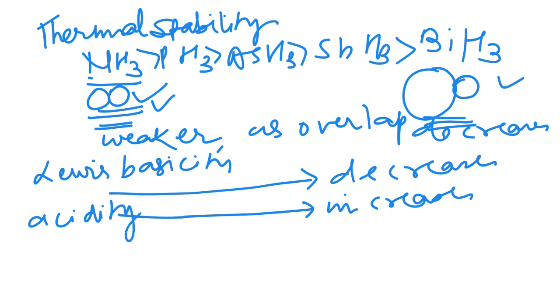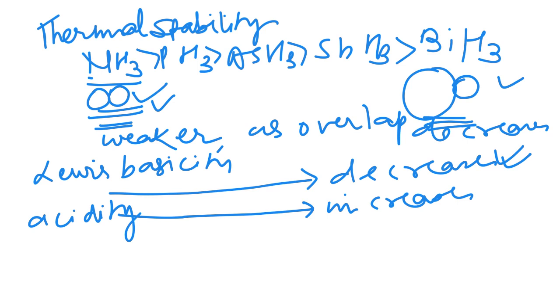So in case of nitrogen, you have the hydride NH3, it has a lone pair of electrons, so it can easily donate the electron as compared to the other elements. Why? Because the lone pair of electrons goes on diffusing as we go from nitrogen to bismuth, so it will be difficult to donate. Whereas in case of acidity, though in both the things we see that the common thing is that